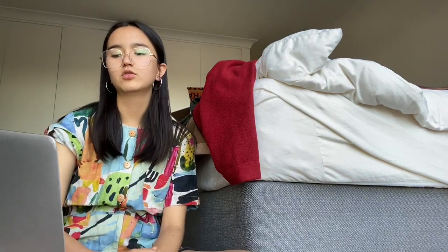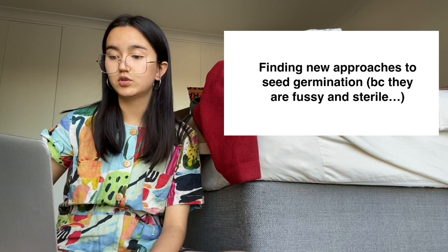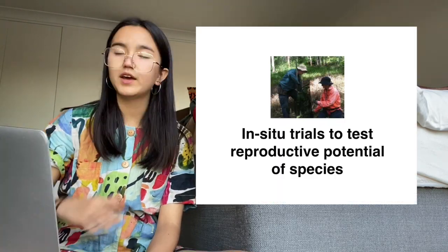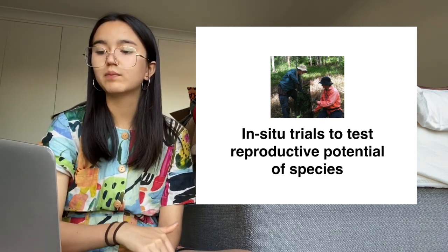Another priority would include conservationists undertaking more seed germination in new ways, so avoiding the seed removal from the fruit, which is quite sterile, as we heard before. Also, the vegetative program trials to determine the requirements for successful establishment of the population. They would also undertake an in situ trial, so an on-site trial, of the Hairy Quandong into the reproductive potential